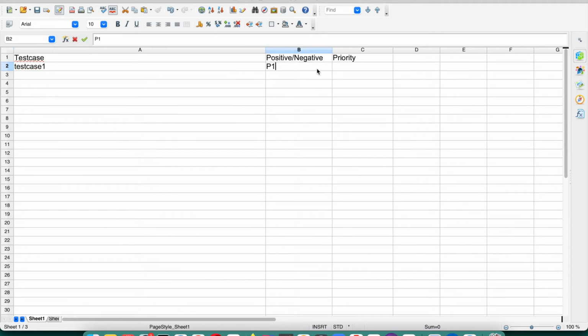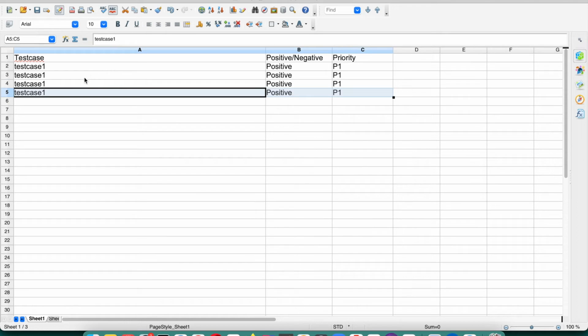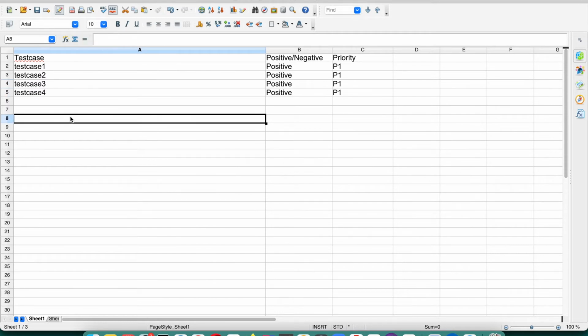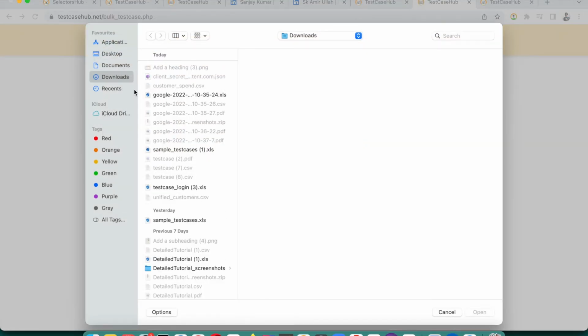priority is, let's say, p1. This is positive or negative. Then suppose we want to add more test cases. I'm just giving you an example. You can of course add more, and this shouldn't be a duplicate. Then you can save it, keep the current format, and just go here. Now you can upload that file,